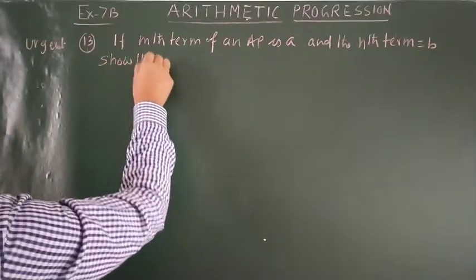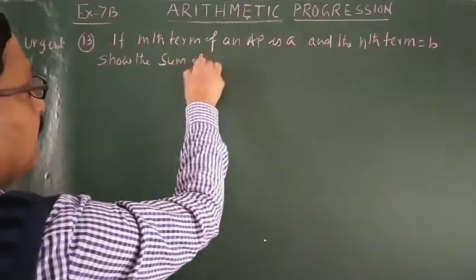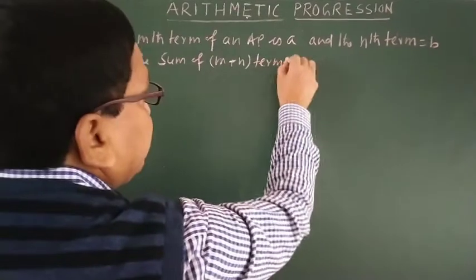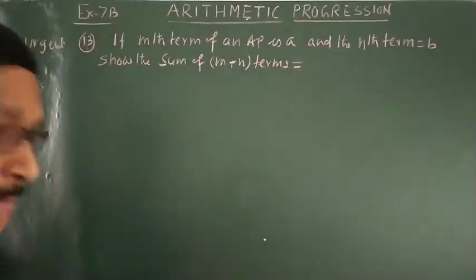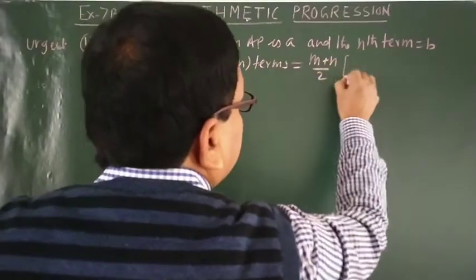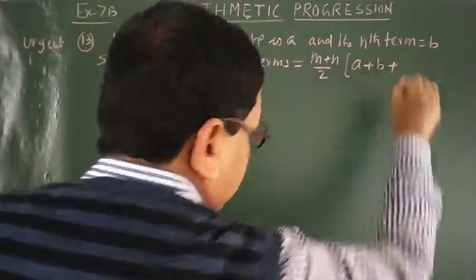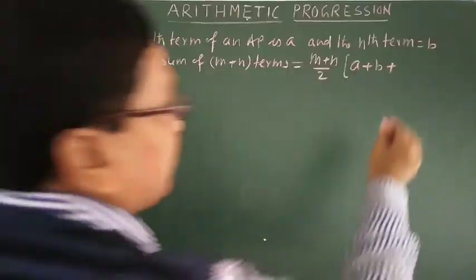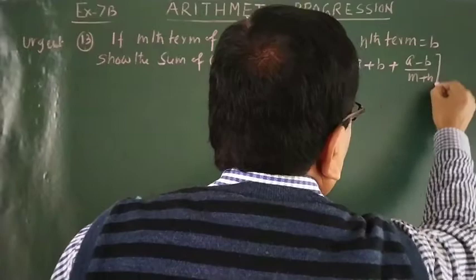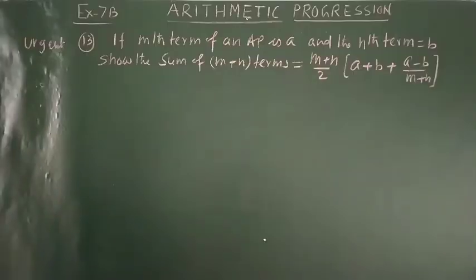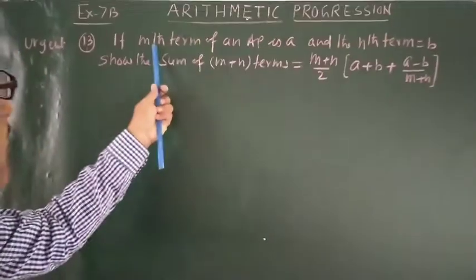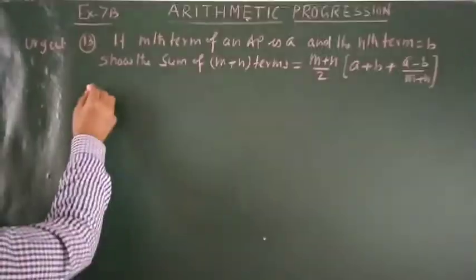the sum of m plus n terms is equal to (m plus n) by 2 times (a plus b plus (a minus b) by (m minus n)). This is a higher order problem, students. The AP will never start with a small a because the mth term is a small a. So let the AP be